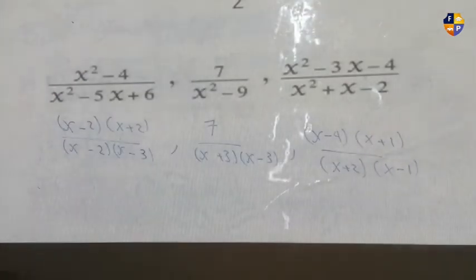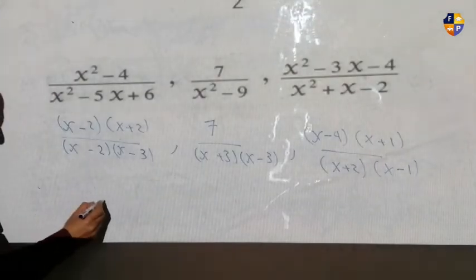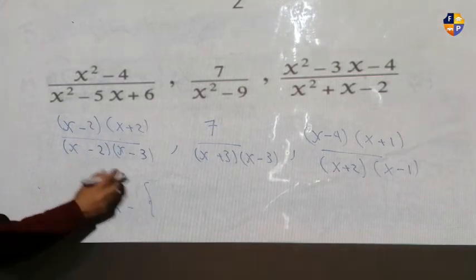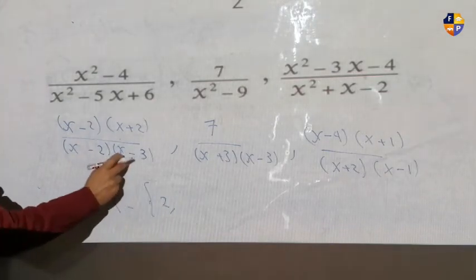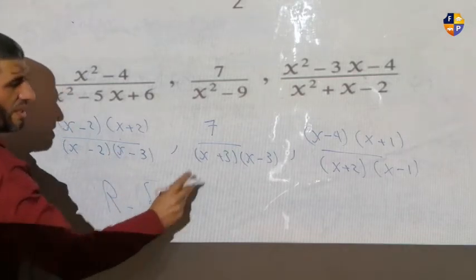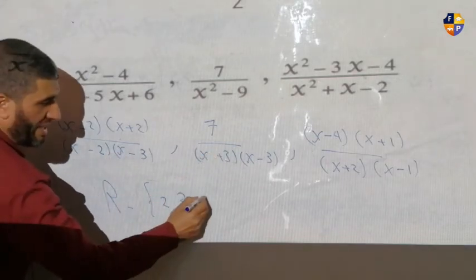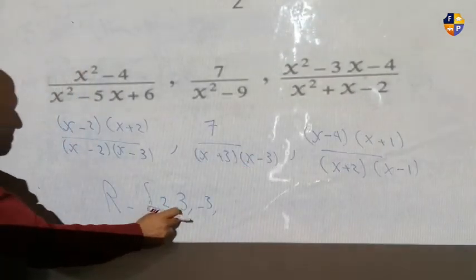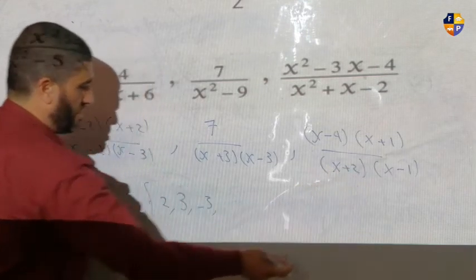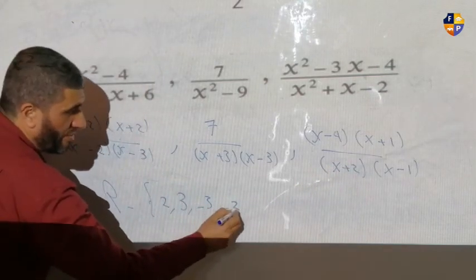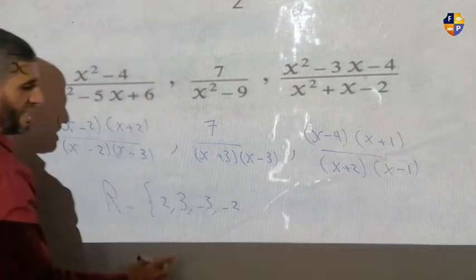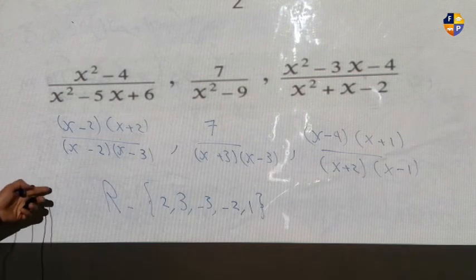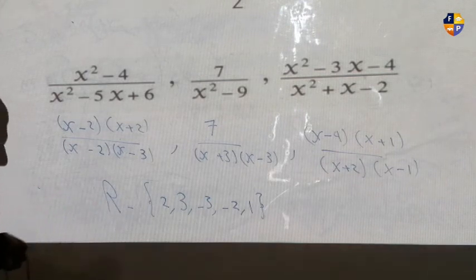We can find the common domain: R minus negative 2 becomes 2, negative 3 becomes 3, positive 3 becomes negative 3, negative 3 becomes 3, not repeated, positive 2 we can write negative 2, negative 1 we can write 1. Okay, this is the common domain for all fractions. Okay,